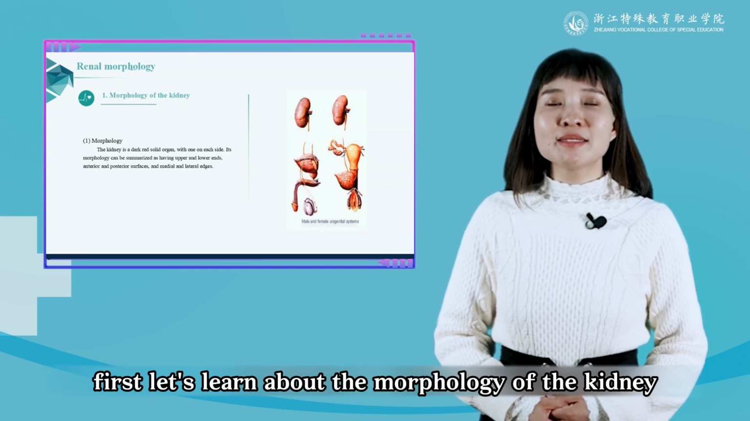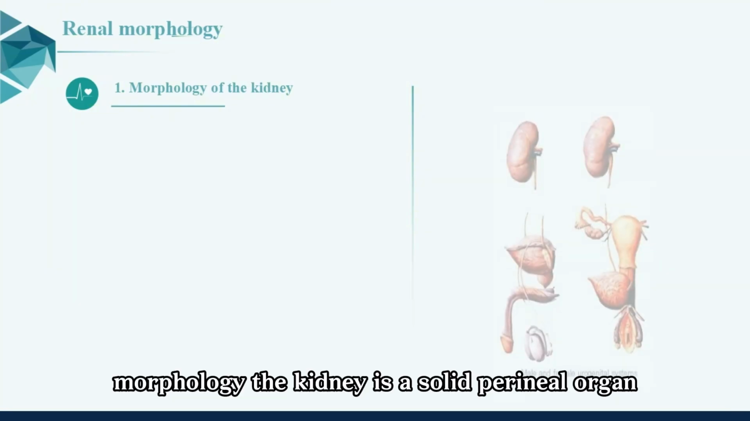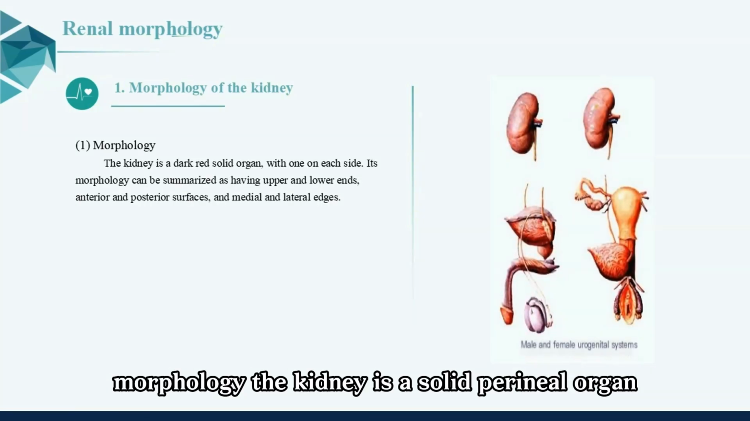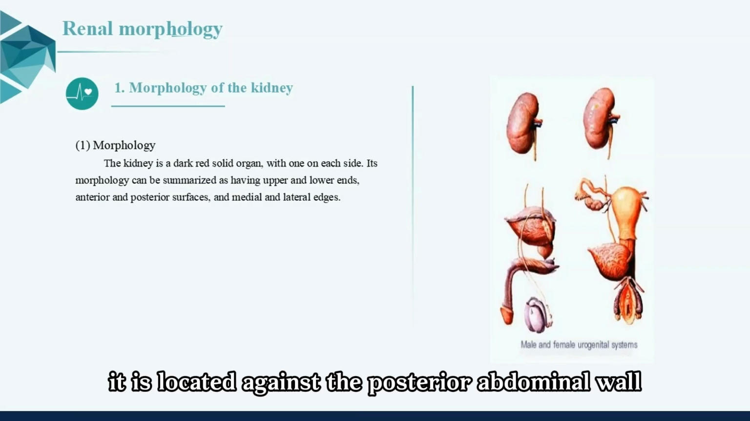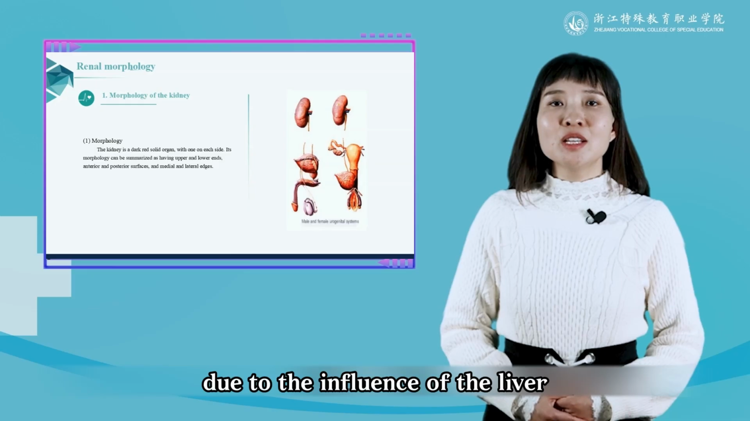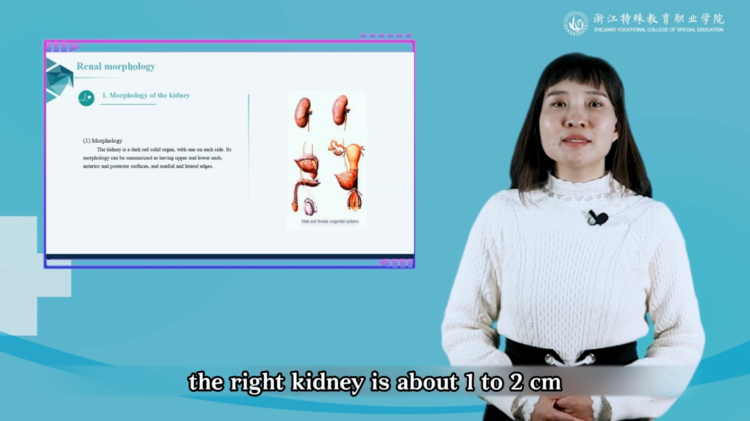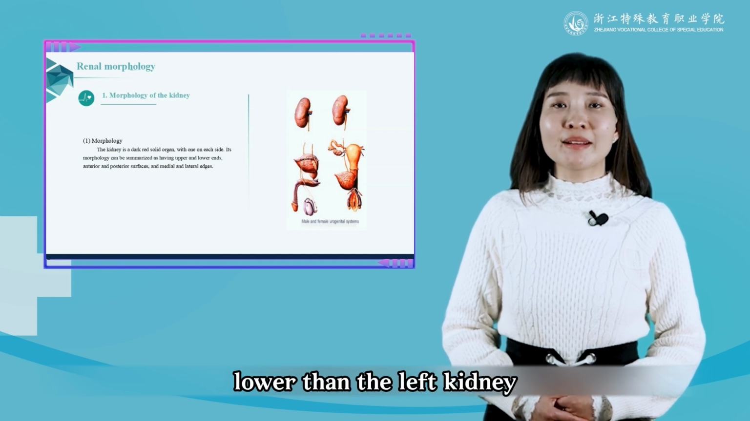First, let's learn about the morphology of the kidney. Morphology. The kidney is a solid, parenchymal organ. There is one on each side. It is shaped like a broad bean. It is located against the posterior abdominal wall. Due to the influence of the liver, the right kidney is about 1 to 2 centimeters lower than the left